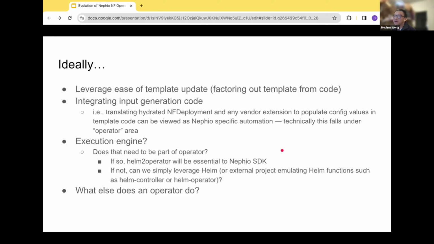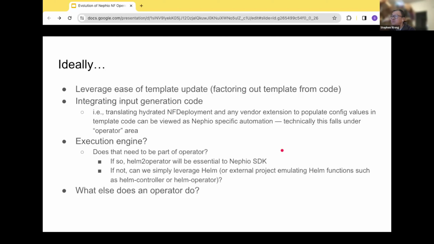The Nephio piece of code would be taking the Nephio CRs, translating things, and providing enough of the information as an input to the resources. That becomes an input pipeline into this Helm to operator, and then they will apply it.